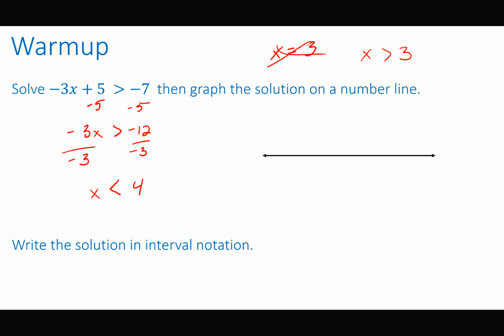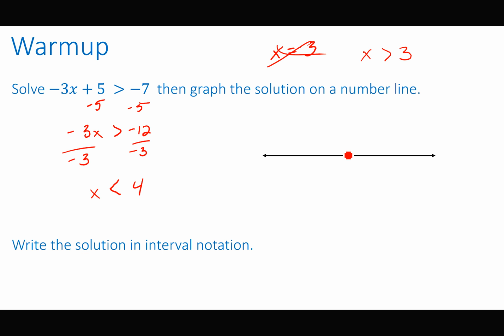Make a note in your notebook. If you ever multiply or divide by a negative, you must reverse that inequality symbol. Do not forget to do that. Okay, so this is our solution. x has to be less than 4. It can be all the way up to 3.999 repeating, but as soon as I hit 4, that's no longer